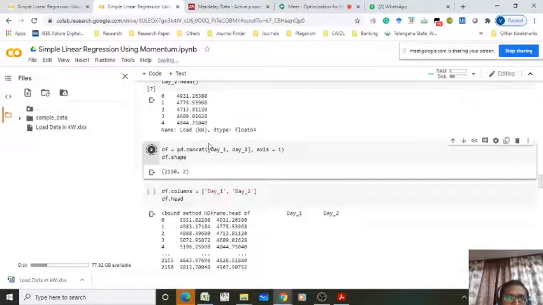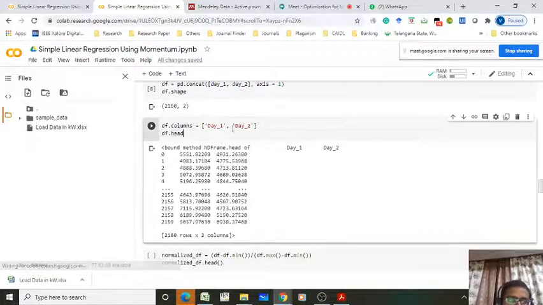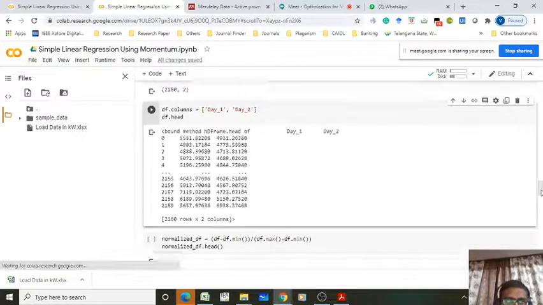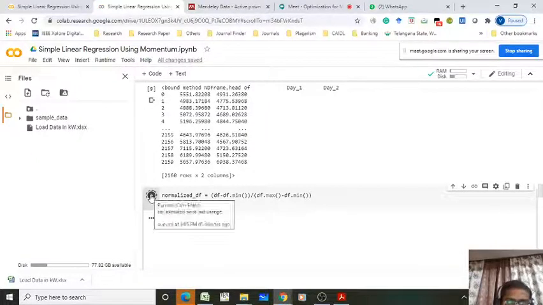One column is input, second column is the output. And df columns day 1 and day 2, you have to assign the column names as day 1 and day 2, and you have to normalize the data.